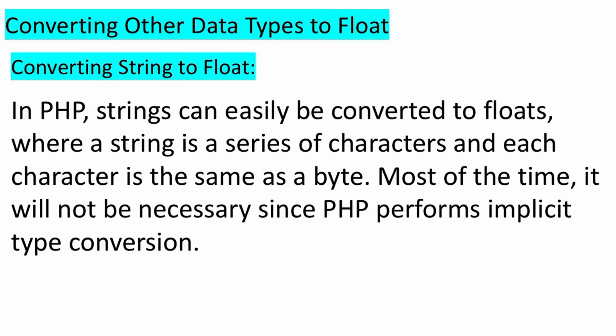However, there are times when you may want to explicitly convert a string into a float to ensure accuracy or to make your code more readable. You can do this using casting syntax by writing (float) $variable or (double) $variable. This approach is especially useful when you are processing user inputs, form data, or data coming from external APIs, where numbers often arrive as text. Converting these strings explicitly helps avoid unexpected results, especially when the string includes extra characters or formatting symbols that could